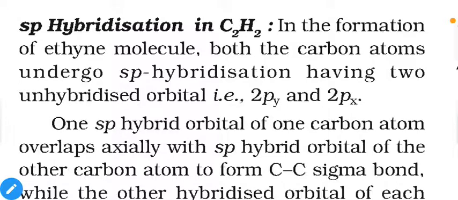Now let's talk about the sp hybridization in C2H2. As we can see in this ethyne molecule, we have two carbons and two hydrogens. As mentioned earlier, hydrogen will have only s hybridization, so no need to discuss it. It is just like the ethane, methane or ethene molecule, all of them contain the same type of hybridization of hydrogen. Changes are for carbons only.